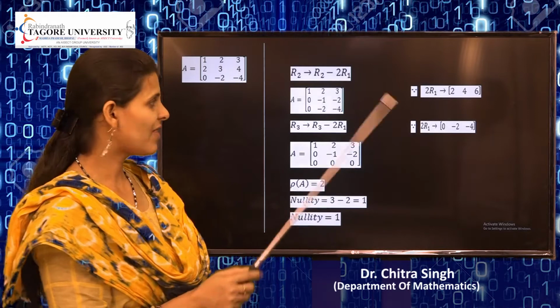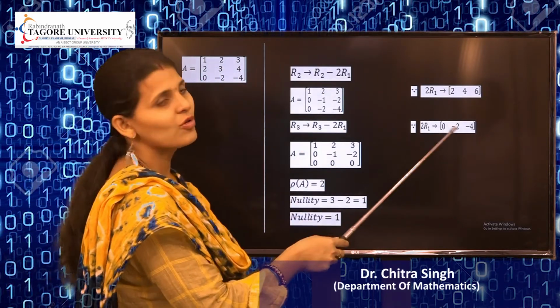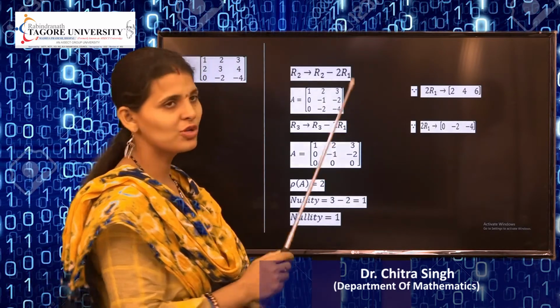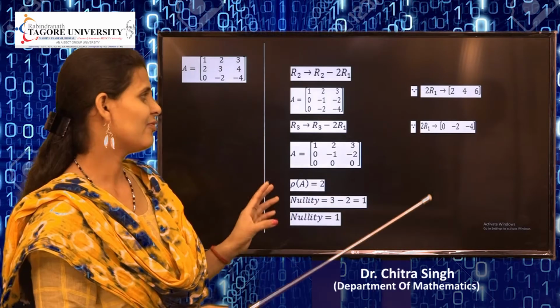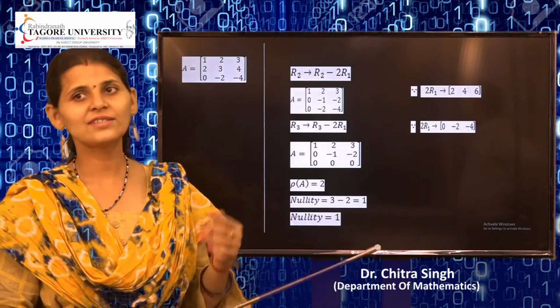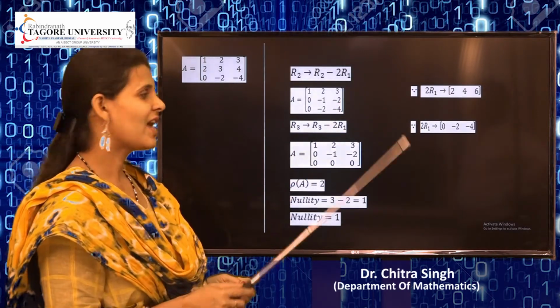Negative sign you get. Why? Because you subtracted 3 minus 4. So 3 is a small number and 4 is a big number, so you get a negative sign. We say that when a small number is subtracted by a big number, you get a negative sign. So this is minus 1 and minus 2.